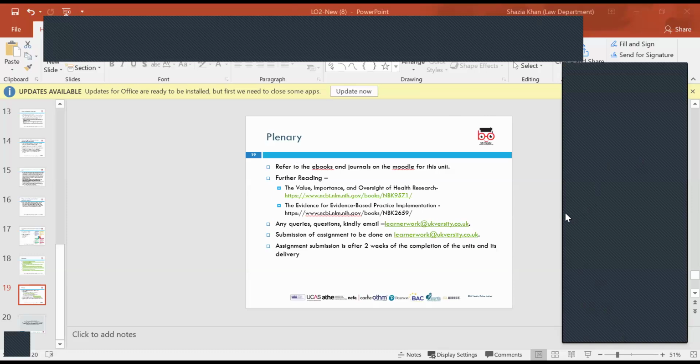Sorry, what's the website to get the modules again? Moodle. You should have access to Moodle. Do you not have access? No, because I've tried getting onto it. You need to email learnerwork if you're struggling to get onto Moodle or any access to Moodle. You need to do that today as well, so that they give you access for tomorrow, during the week. Make sure you get access. So any queries, any questions, again,